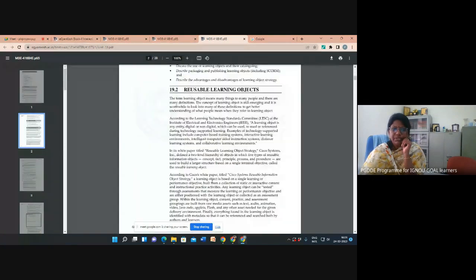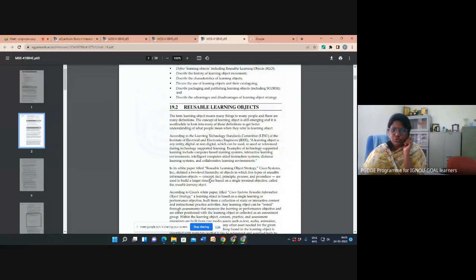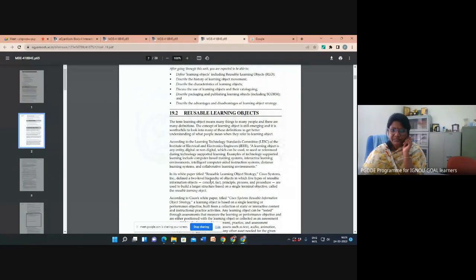So what we are trying to do in this reusable learning object: the term object comes from the computer science background.